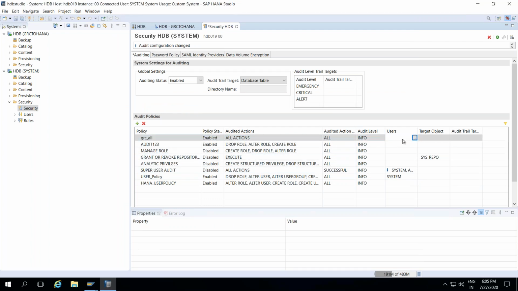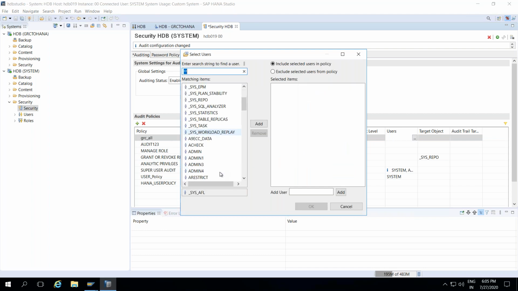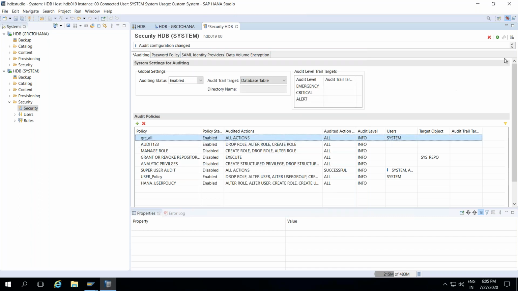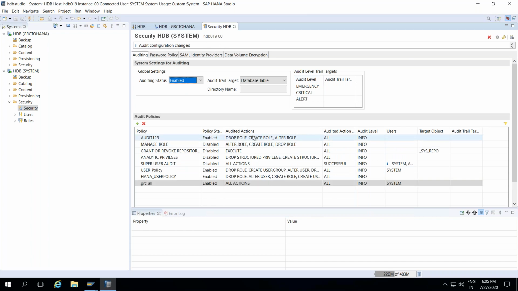I can include both. I can specify who is included in the security policy, so I can take all users or I can take the system user ID. Right now you are logged in to the system, so you can specify the system connection details. So where is the system? If the ID is also included and selected as who is included in this policy, click on OK and click on execution. Now the audit configuration is done.